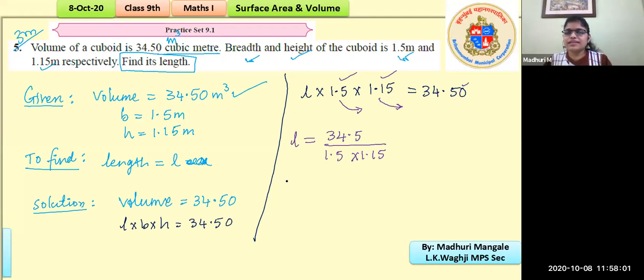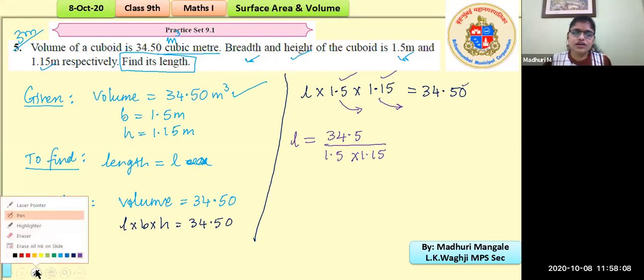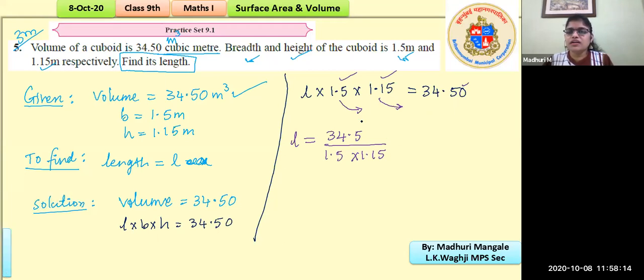Now, what is the next step? Always when we are working on division with decimal points, we get rid of the decimal point by multiplying by 10 or multiples of 10, right? So here, if we get rid of this decimal point, how many digits are there after the decimal point? There is only one digit. So we multiply by 10 on the other side.